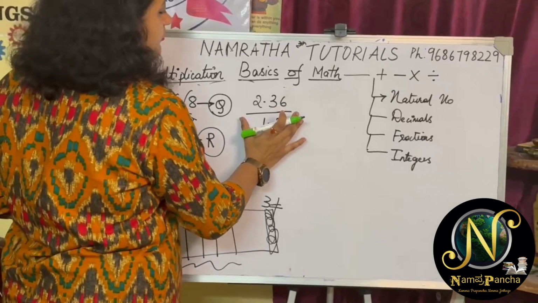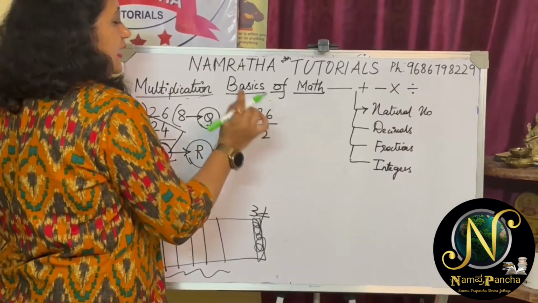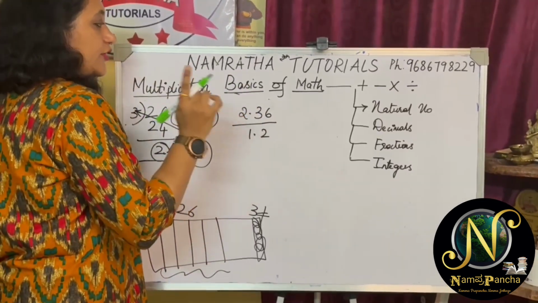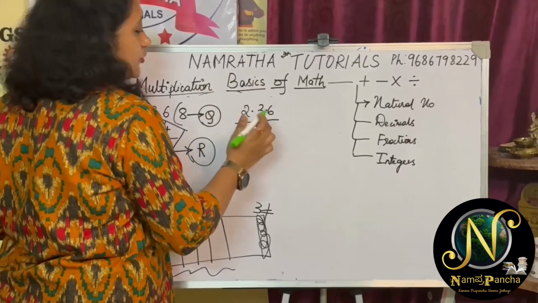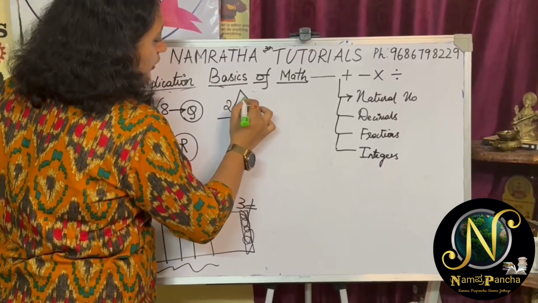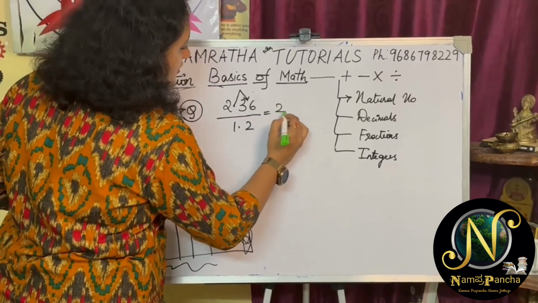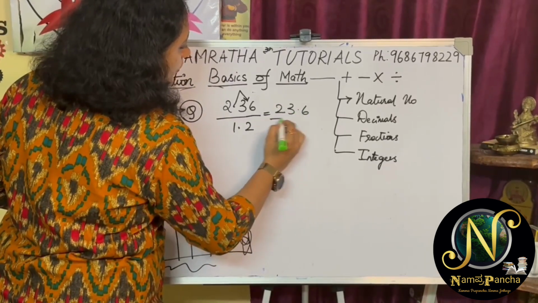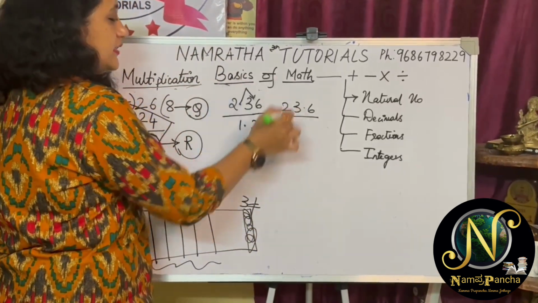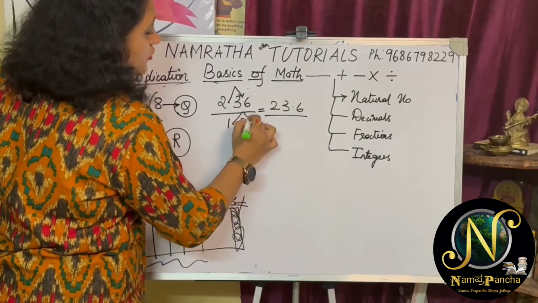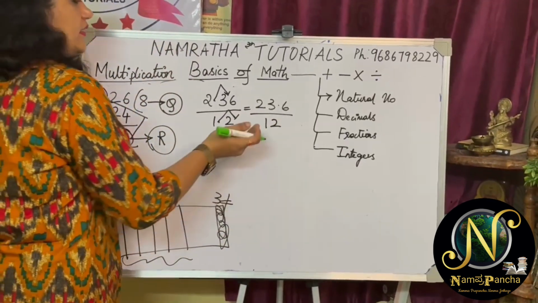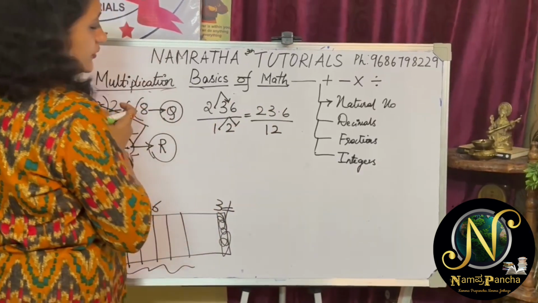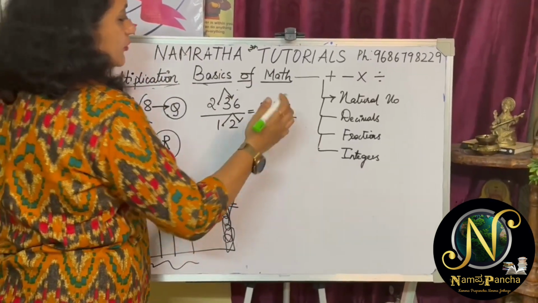Whenever we are performing division on decimals, I will teach you a simple trick. If you follow the trick, you can convert this into similar numbers and then do it. I am moving 1 point to the right, so this is becoming 23.6. Whenever I perform something on the numerator, the same thing should be done to the denominator. So here also we do it, it will become 12. Correct. Directly from here only you can start doing the division, or one more step you can do by removing